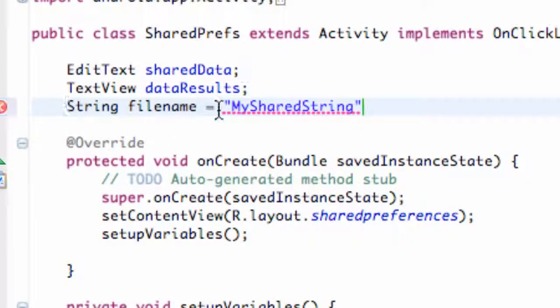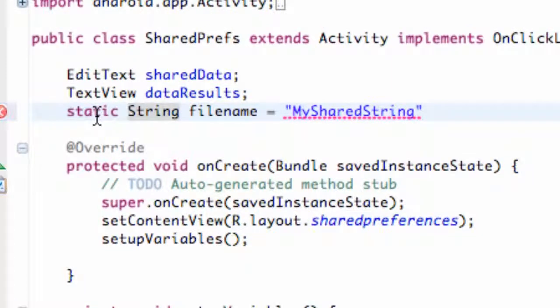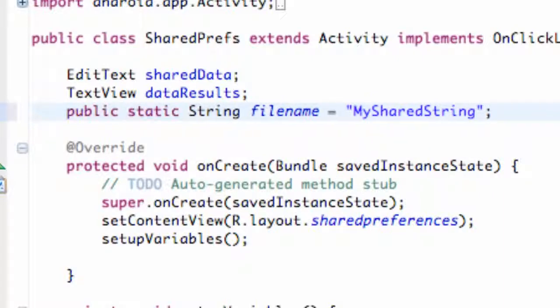And we don't want this file name to change, so what we're going to say is static. And basically what static means is it's like, hey, don't try and change this. Just keep it the same and everything's going to be cool. So basically this file name will never change, or it can't change. And we're also going to say public, so other activities can access